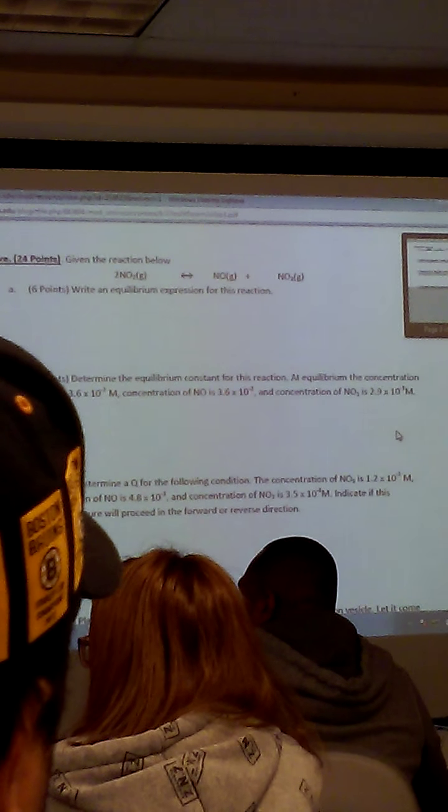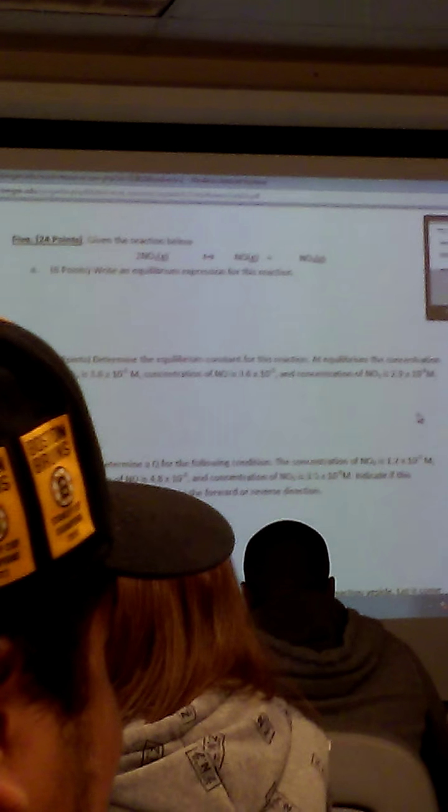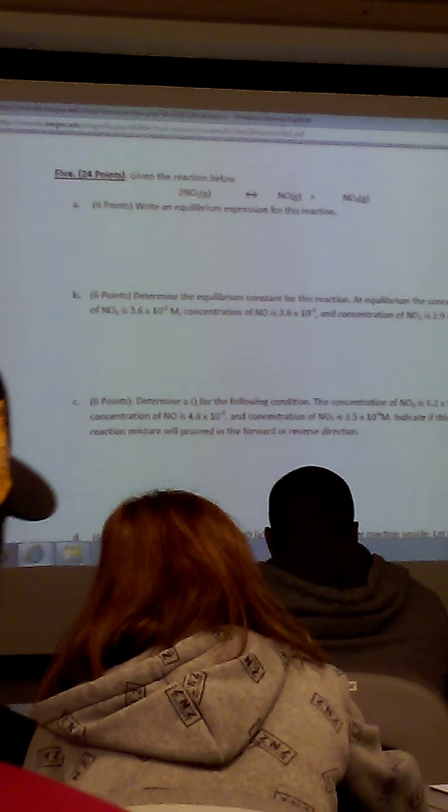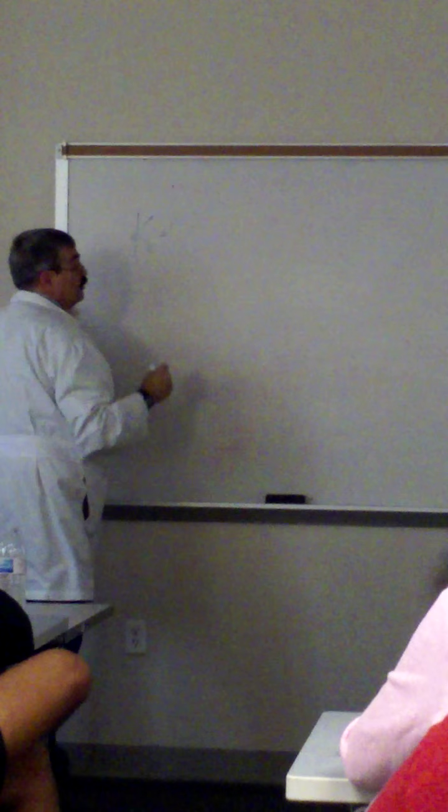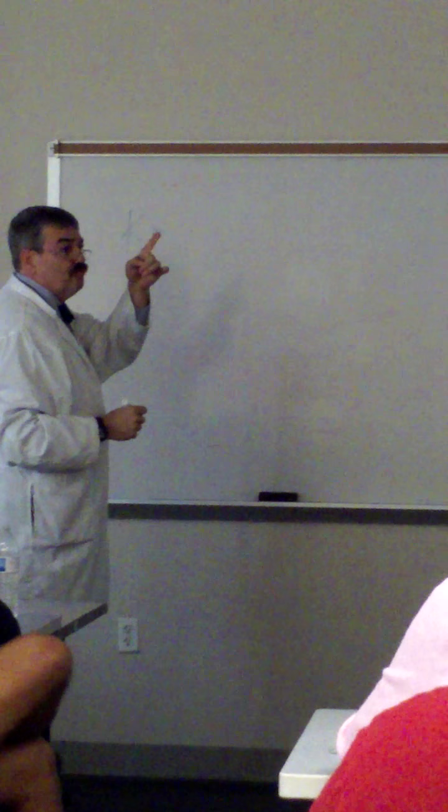All right. Write an equilibrium expression for this reaction. Chem 100. I'm going to do it in 3 weeks. K. K is equal to reactants or products go at the